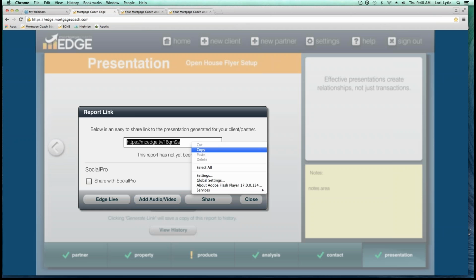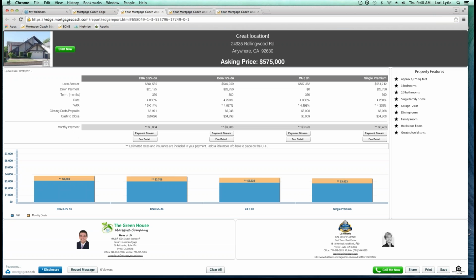So we're going to be placing that shortly in an email. So this is the link that's unique. No matter what changes you make, you never have to get a new link for the realtor or the borrower. Click on Add Video. When you click on Add Video, you'll notice the same report pulls up, and then